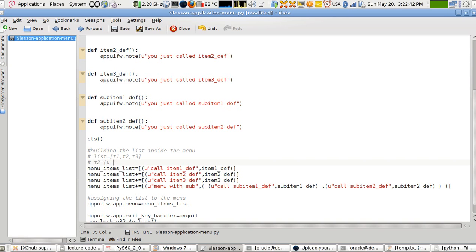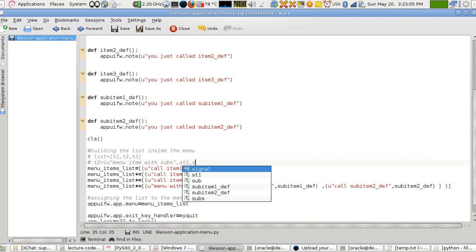Okay, this is the label, submenu or menu item with subs. So you say this, and then you define T2, or let's say sub T2, T1, and sub T2. Okay, as many subs as you want. And it should be also like this,